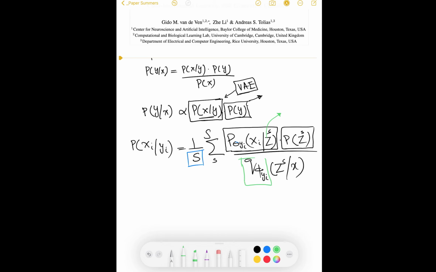Q of phi yi is the decoder part of the variational autoencoder for class yi. This is the encoder part of the variational autoencoder for class yi again. So